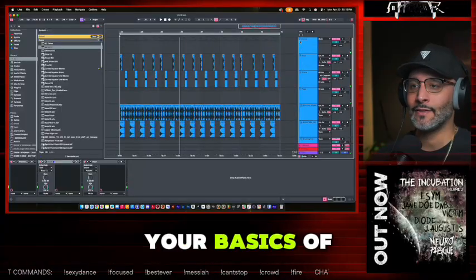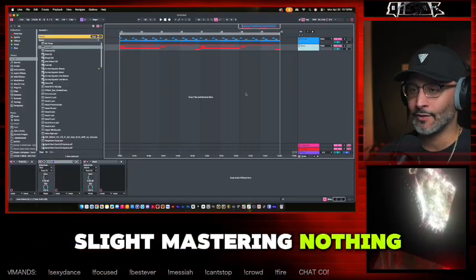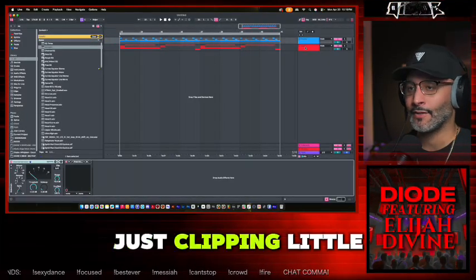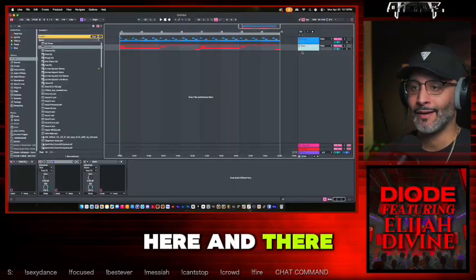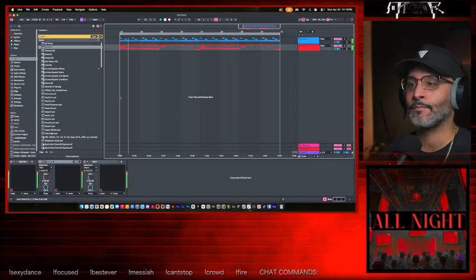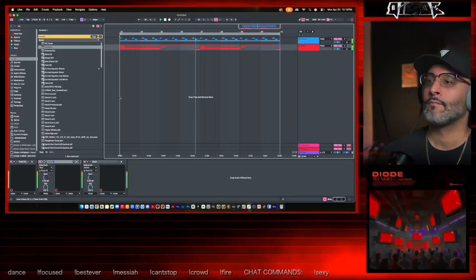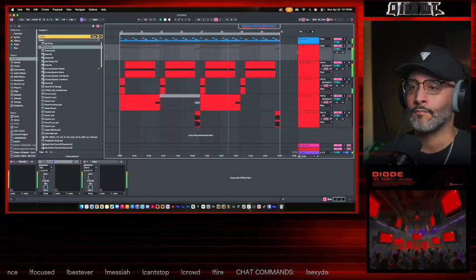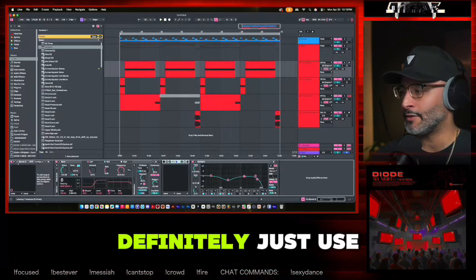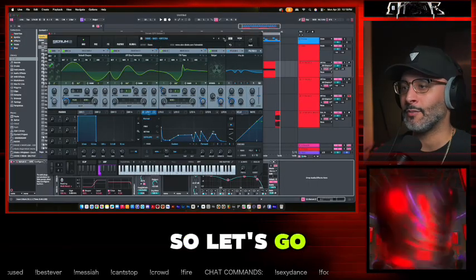So that's your basics of creating a drop. Slight mastering, nothing crazy. Just clipping, a little bit of saturation here and there. Nothing crazy on this one, but you got yourself a little drop. And so if you want to change the feeling of the track, definitely just use a different bass sound. This is my bass criteria, so let's go back to